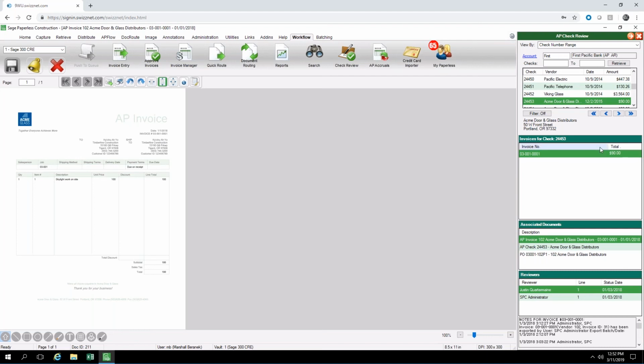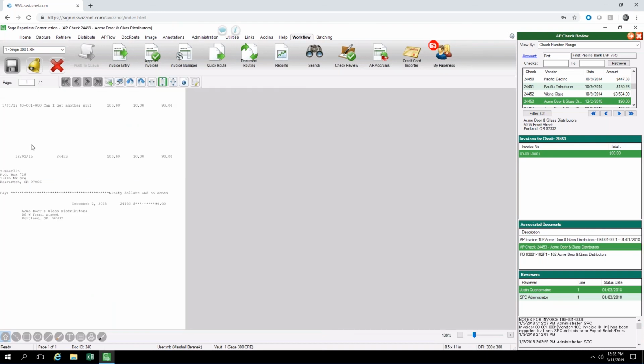And the big piece with the check review, in my opinion, is that document match that we had been talking about throughout the presentation. So down here, all of the different associated documents for those particular invoices are going to be right here at our fingertips. So if we had multiple invoices here, they're all going to be listed, and based on which invoice we select here, it's going to show us the actual copy of the invoice. It's going to show us a copy of the AP check that's used to pay that invoice off,